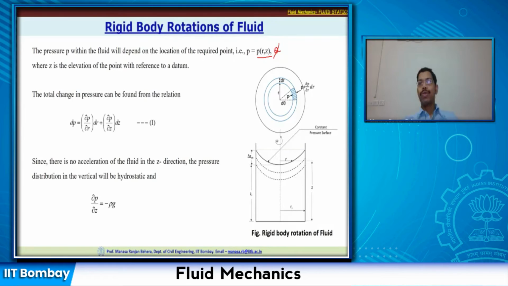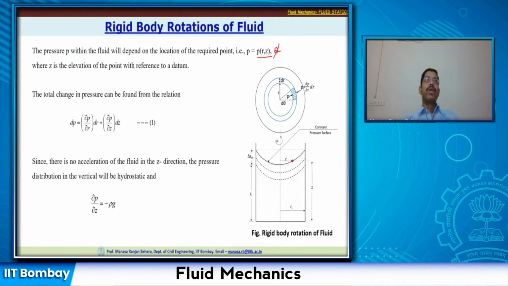bottom. So this is the constant surface, or constant bottom bed of the tank, and from there I measure any point, and that is nothing but my z. So to this point, this is my r and this is my z. So the pressure at that point is going to be a function of r and z. If r varies, the pressure will possibly vary. If z is varying, the pressure will vary.